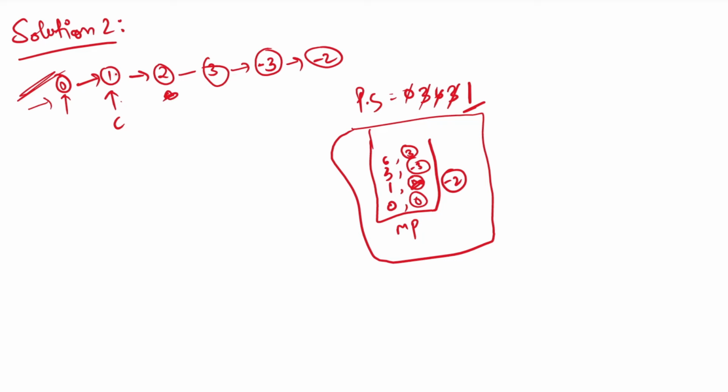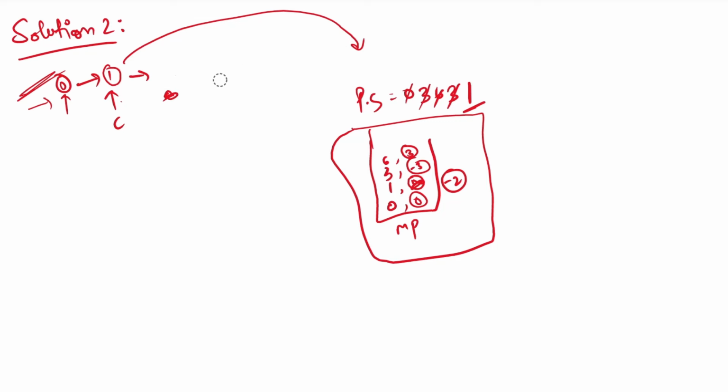Current prefix sum will be our 1. So now we will check 1 is -2. So we will make our 1 point to -2's next. Okay, directly -2's next. That means this will be gone. This will be gone. Yeah, that's the very simple solution.